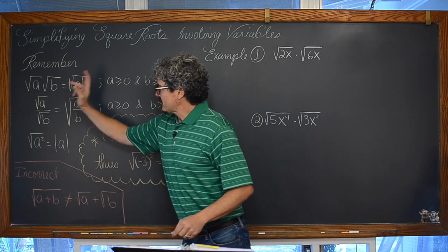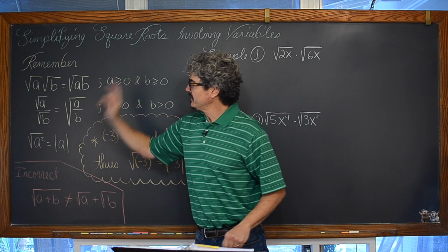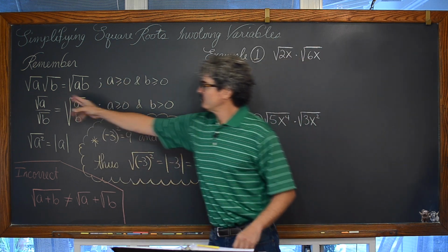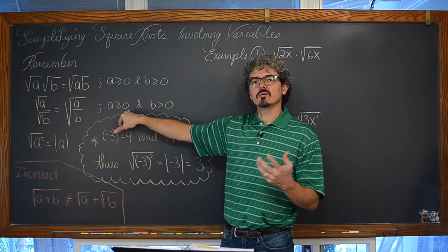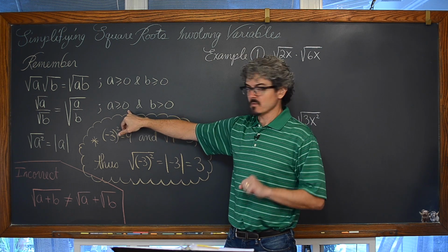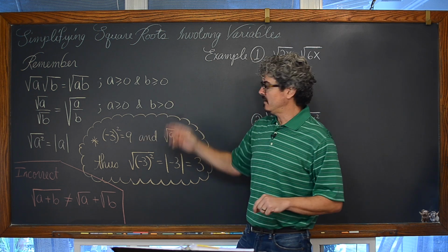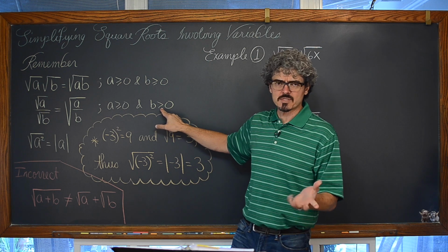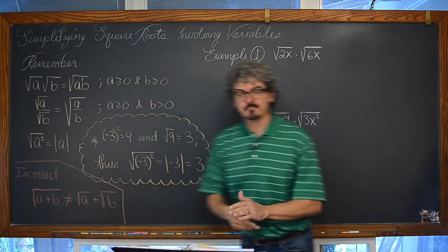Now we also have that the square root of a divided by the square root of b is equal to the square root of a divided by b. For this expression, we need to assume that the numerator is a value which is greater than or equal to 0, and that our denominator is defined to be a value which is just greater than 0. We can't include an equal sign because you can't divide by 0.